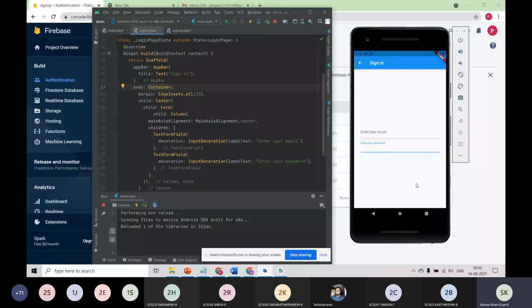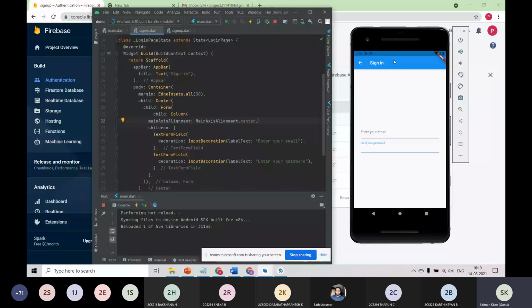For columns, the main axis alignment is vertical, and for rows the main axis depends on the horizontal direction. For example, if this is a row, the center point will be determined by the width of the screen, and if it is a column, the center point will be determined by the height of the screen. So that is why I have given main axis alignment dot center.